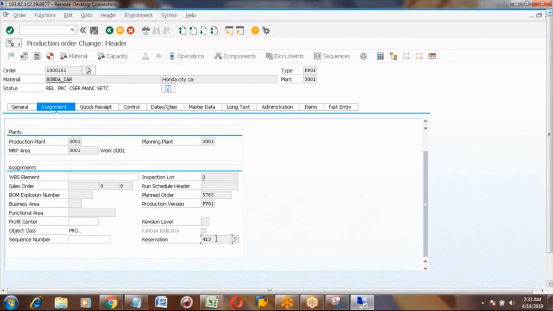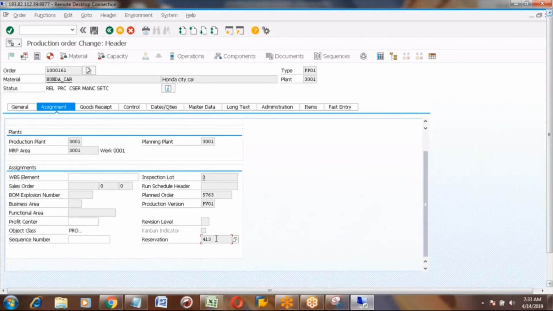You will find those details in this reservation number. So you can share this reservation number with your team. Using this reservation number, they will issue the material to my production order. They will do the goods issue.